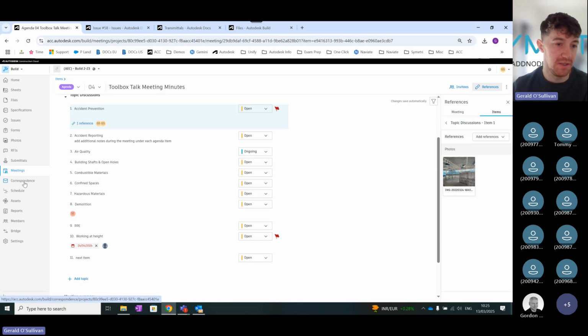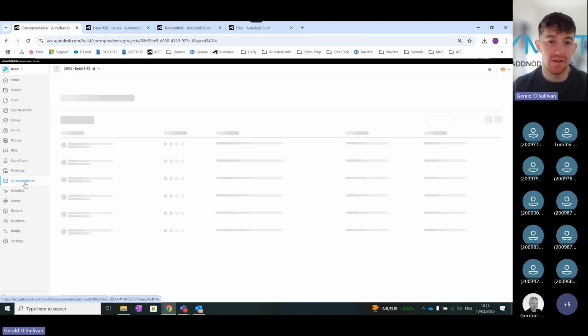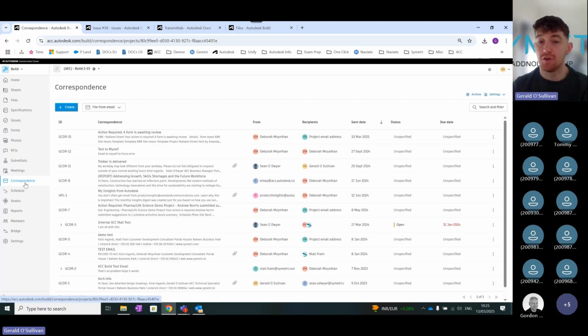And again, that's just for meetings area. Your correspondence area then is, not only can you upload all your information that's on the project, but you can also upload your emails to make sure all your emails are tracked. So if you wanted to store all the emails that are associated with that project on the project, you can